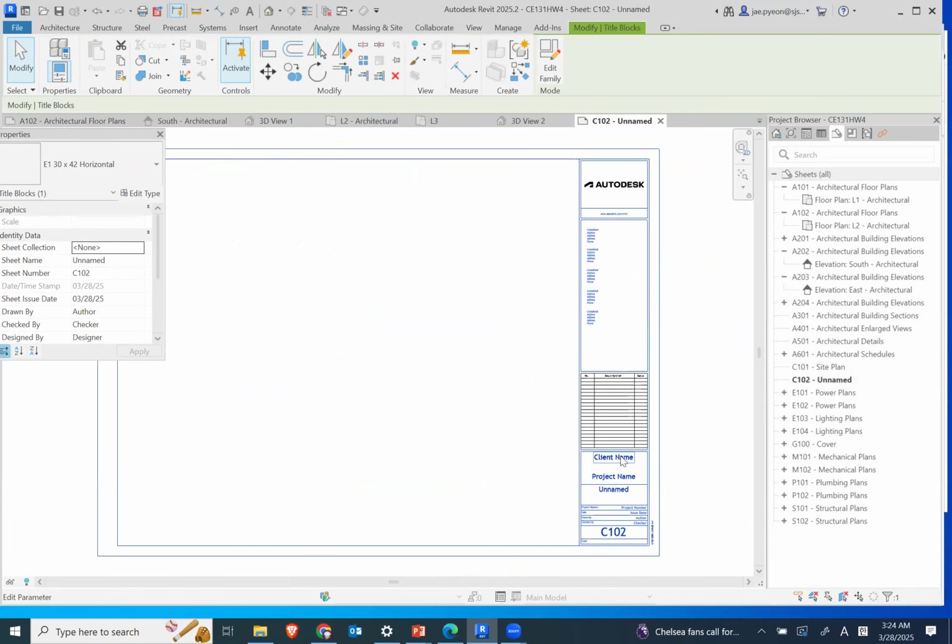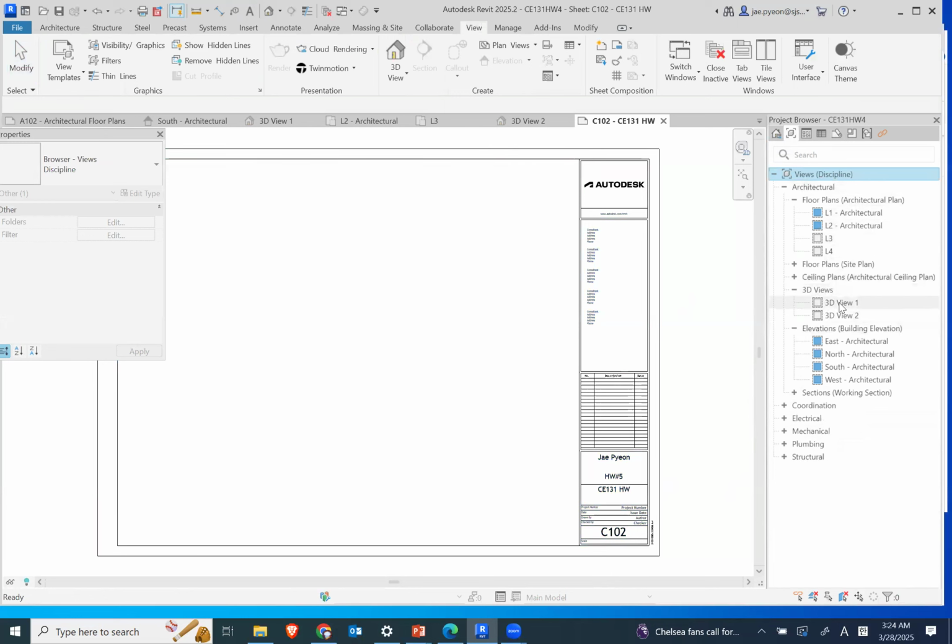As I mentioned before, change the name, change your project name, and change it from unnamed to CE131. When you do that, you can easily find your sheets. So then go to the